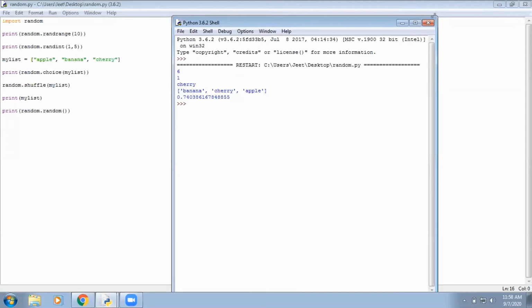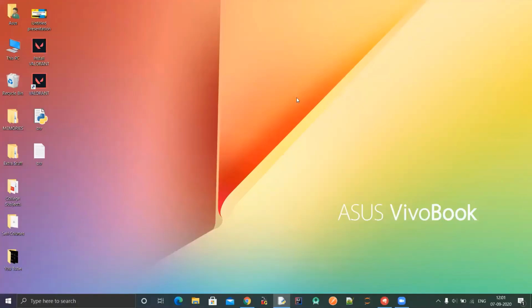Now over to Bhupinder. So hello guys. Now I will tell you about the OS module. For the OS module, I have created a file which is BSR. Inside this, I have chosen a directory, and by using the getcwd function of the OS module, I am taking where this file has been stored. Then I have created a blank text file whose name is BSR, and I am changing the file name by using the OS module.